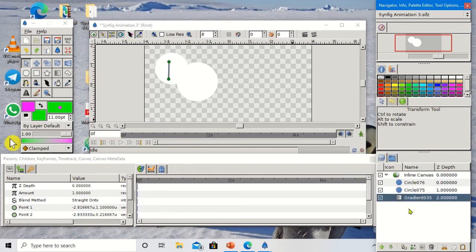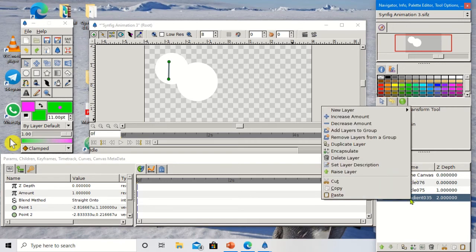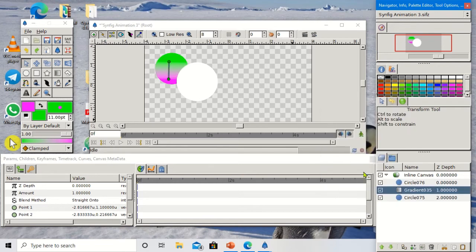You can see now there is no effect, meaning when the gradient layer is above this circle or any other layer, then you can see the effect appear. If I take this layer up, you can see the effect appears on this circle.